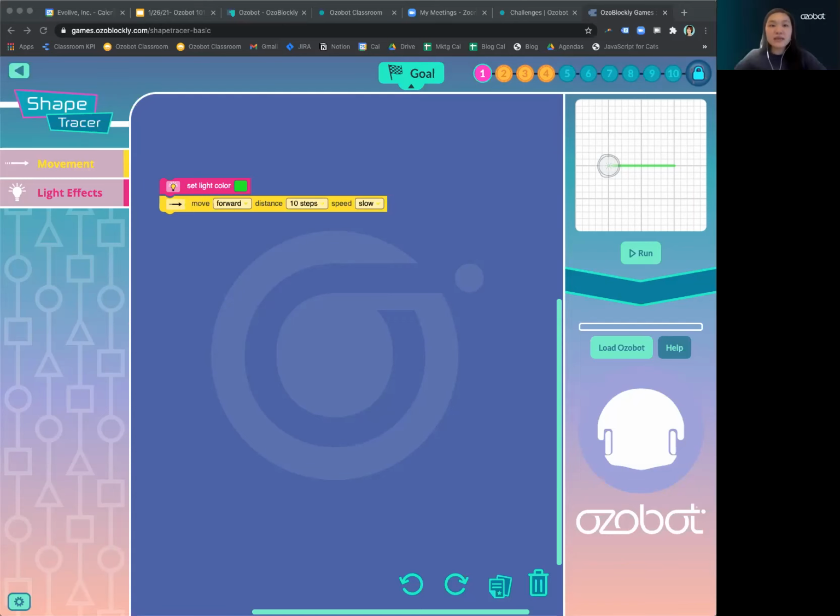It could be really helpful. Ozobot Classroom is free for you to track what lessons you've done with your child. I think it would be a really helpful tool because you can save those lessons. You can print directly from there. If you're not ready to do a lesson today or tomorrow with your student or your child, you can save it for later and easily come back to that list. So I would highly recommend creating that Ozobot Classroom account just to help keep you organized and have easy access to all of the content and materials.